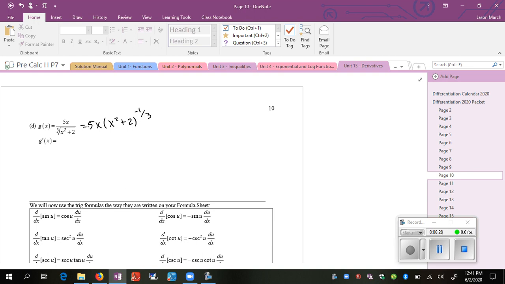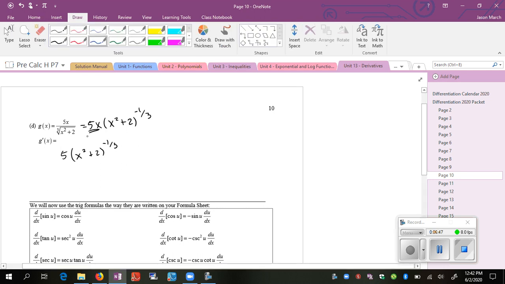If I do the product rule here, derivative of the first is 5 times the second. So it's x squared plus 2 times negative a third. Again, I'm not taking the derivative of the parentheses yet, because I'm only taking the derivative of this. So I'm doing the product rule and combined. Maybe I'll highlight it here. So this is one of the functions, and this is another function. So the derivative of the yellow was 5 times, I don't take the derivative of the blue, plus,